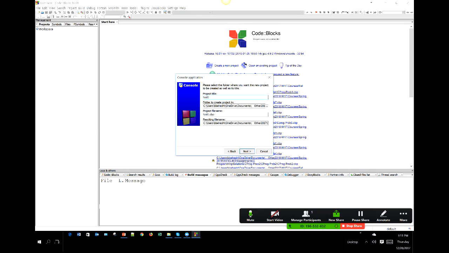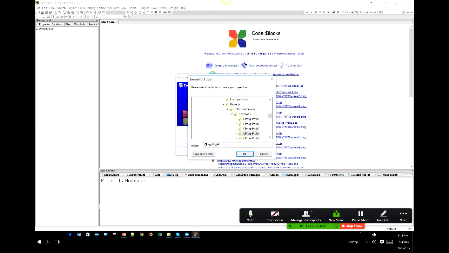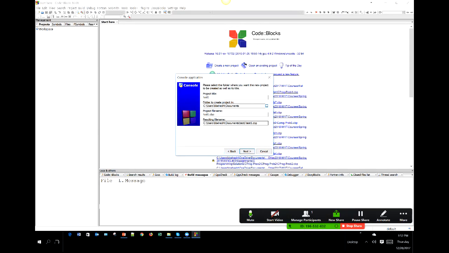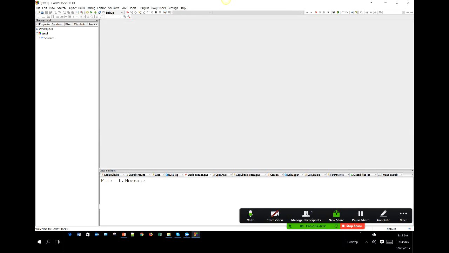You would set up what the location should be for it. Okay, I definitely don't want it to be in here, so I'm going to put it under documents. All right, and that's it. So next. And for now, just leave it as is. Finish. So what happened? A project called test1 got created, a directory underneath it called sources, and in fact, a